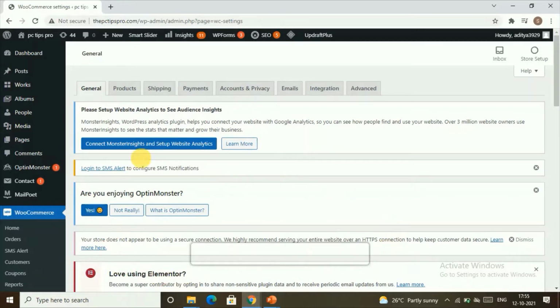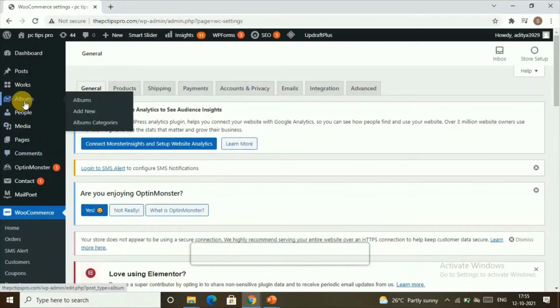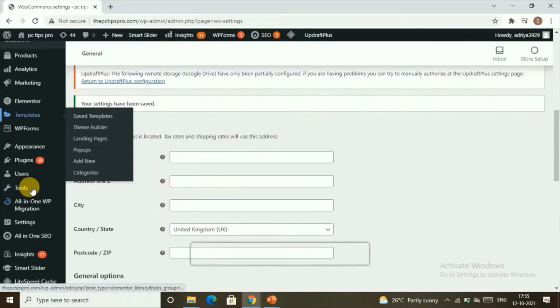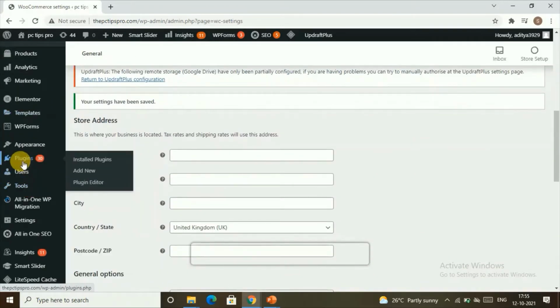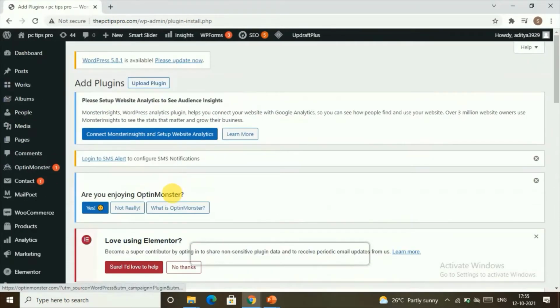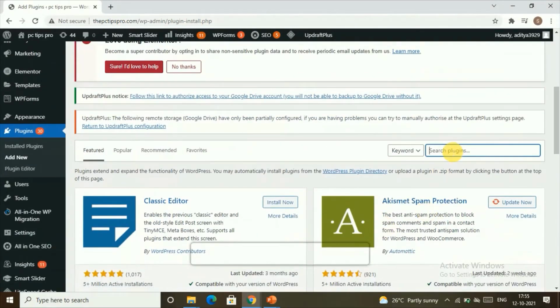To add the plugin, let's go to the dashboard, scroll down until you find the Plugins section. Click on Plugins and go to Add New Plugin. Here let's search for a plugin called WooCommerce Force Authentication.